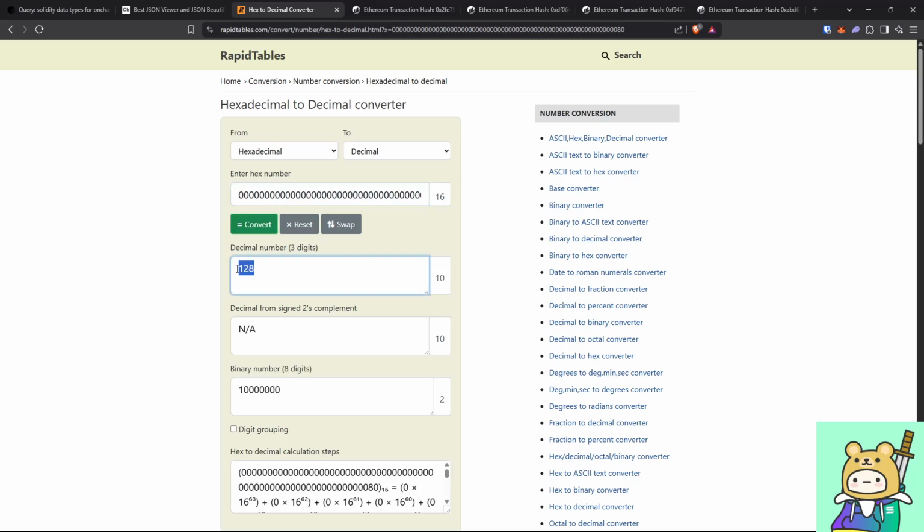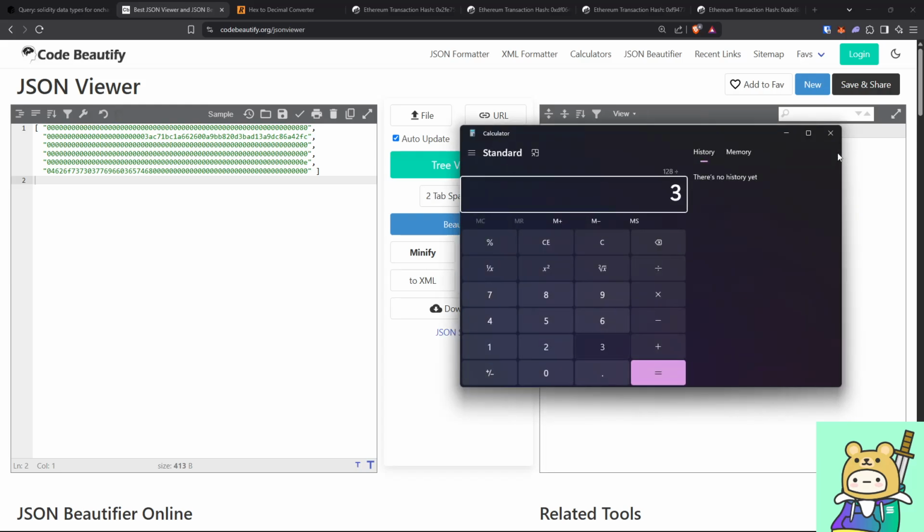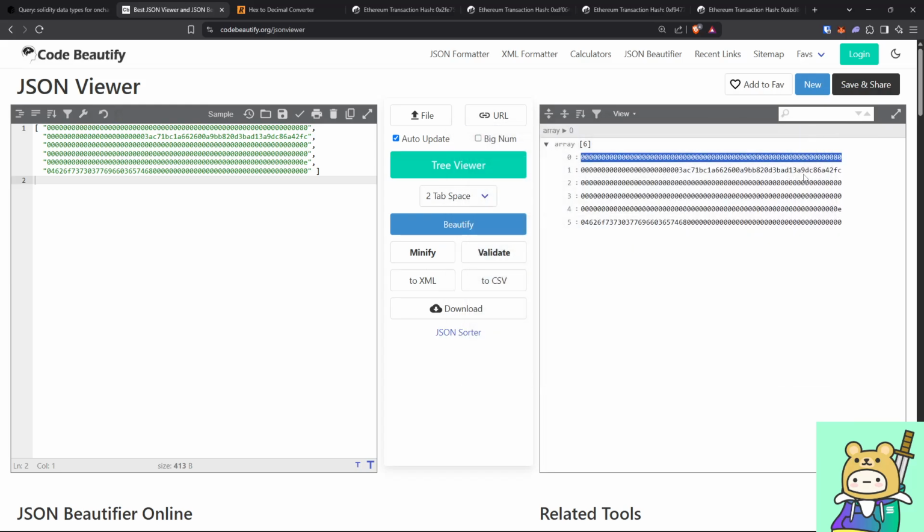So hex to int is 128, so it's 128 bytes. Right, 128 bytes means how many lines of 32 bytes? Well, 128 divided by 32 is 4, right? So we skip 4, so 1, 2, 3, 4, we skip it, we start on the next line, and what